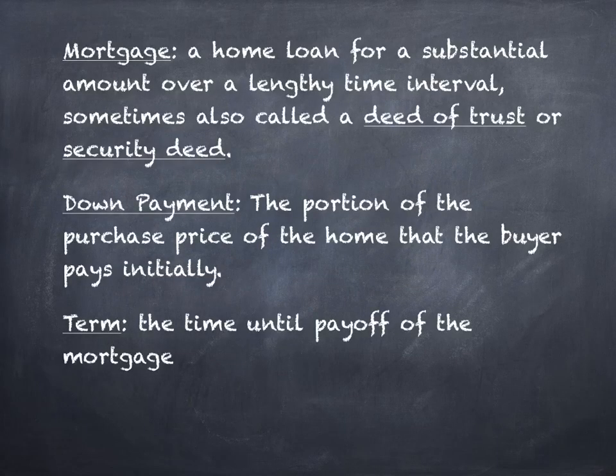A few of them you know the terms, because they're used very frequently in conversation, especially considering that you guys have gone through recent elections, and a lot of these things have come up in the past 2 election cycles at least. So the first one is a mortgage. A mortgage is simply a home loan. It's typically a substantial amount of money. People don't typically get a home loan for 40 grand, okay? That's like a car loan amount, although that would be a big car loan. Home loans are typically a big amount, and they're typically over quite a lengthy time, much longer than most of the consumer loans we were looking at back in Section 2. Also sometimes called a deed of trust or a security deed, okay?